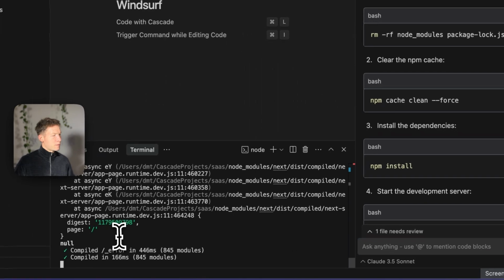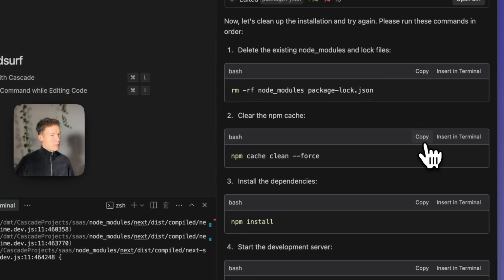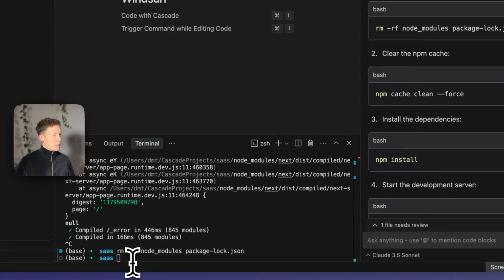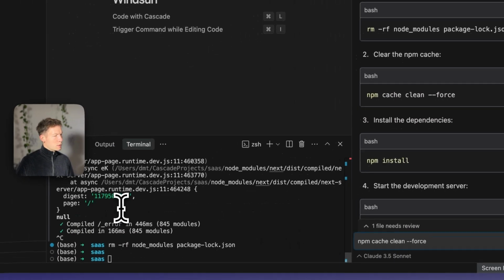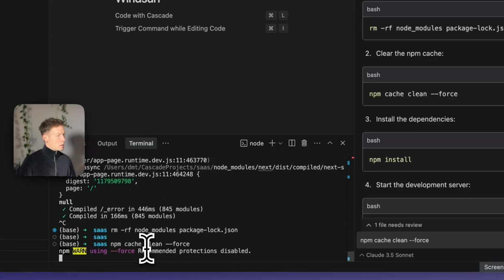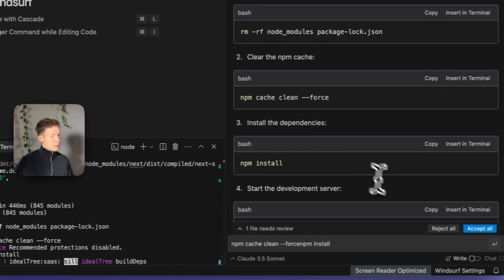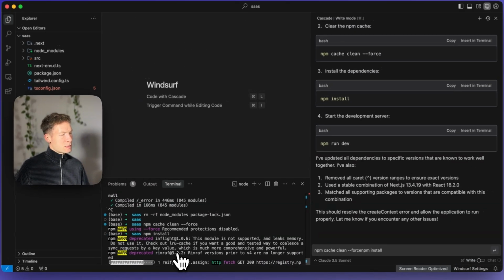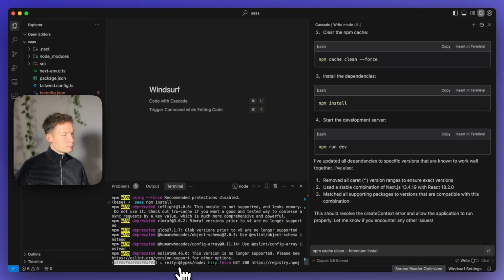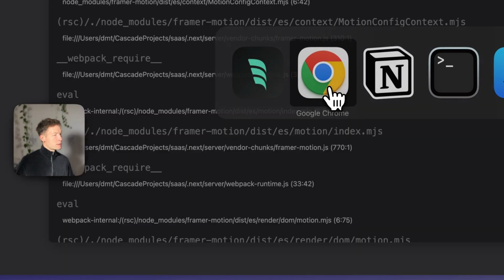So here it did some fixes. Now I just run the commands that it proposes me. And let's see if it's gonna work. So I'm just gonna type it here, cleaning the cache, installing dependencies once again. Once the dependencies are installed, we run the whole thing again. So let's see how it looks